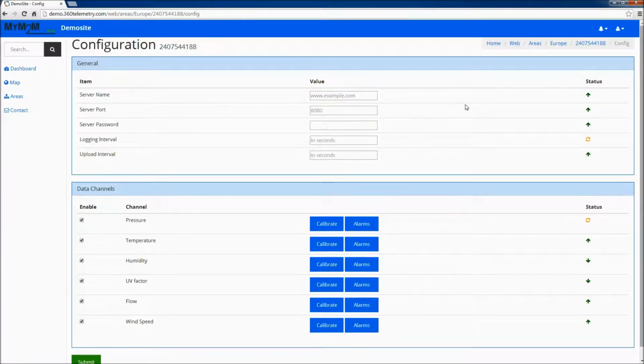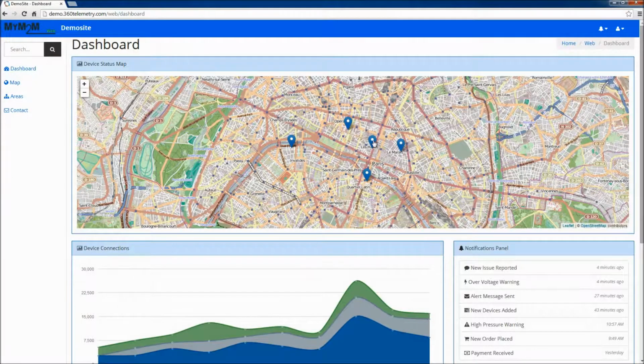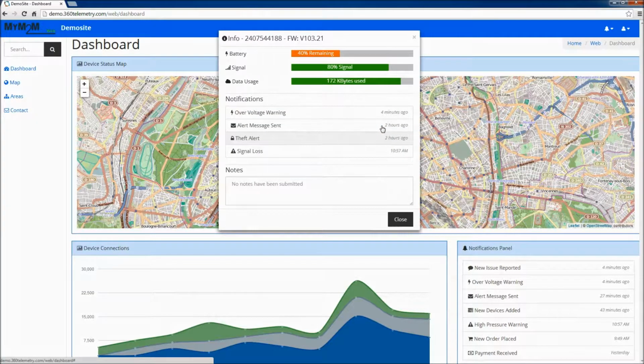Let's go back to the device marker on the map once again. Let's click on the device marker. And the last item we haven't looked at is device information. So let's click on that. So here we see information about the particular remote device. We can see its unique serial number or device ID, its firmware version, the version of software running on the remote device, the battery status, how much battery is remaining if it's a battery-powered device,